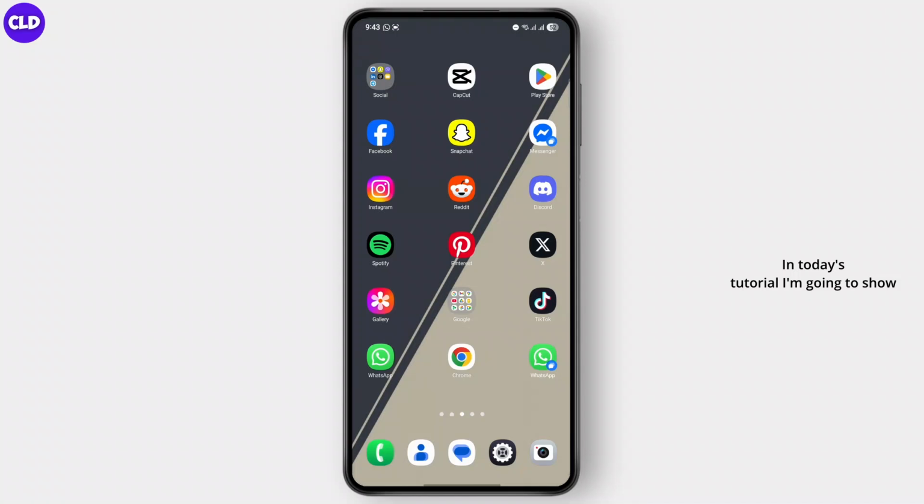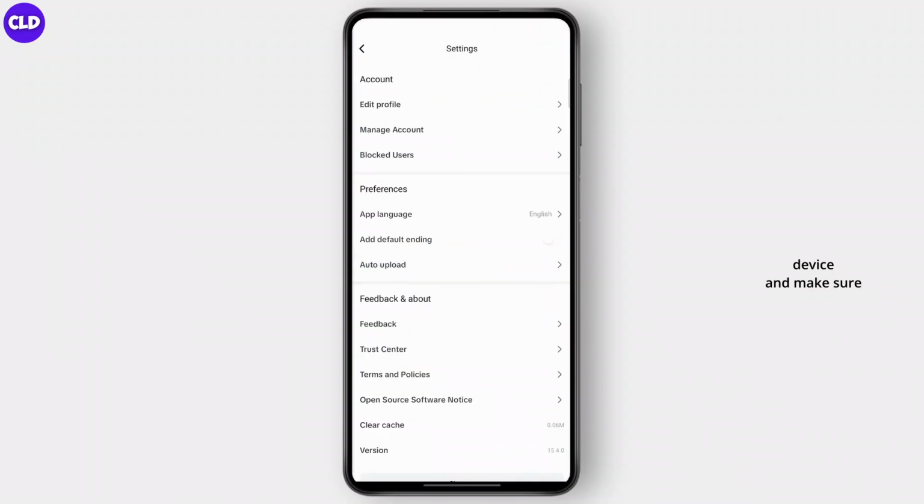In today's tutorial, I'm going to show you how you can easily get a free pro trial on CapCut. So let's just jump right in. First things first, you need to go ahead and open up the CapCut application on your device and make sure that